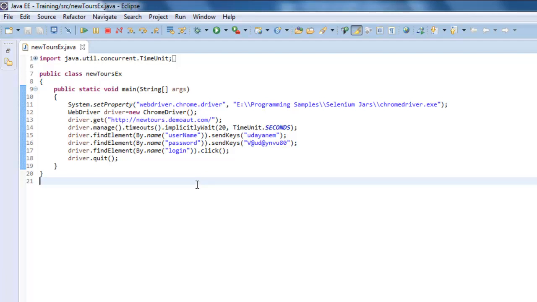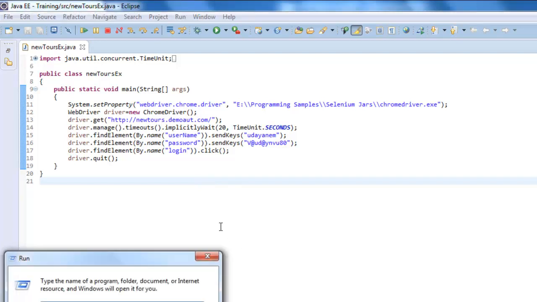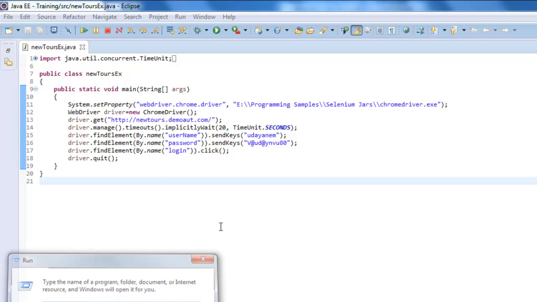If there is any change in the object description or object properties, it is very hard to go through each and every line of the script to identify the object and change the properties. Let me give an example.